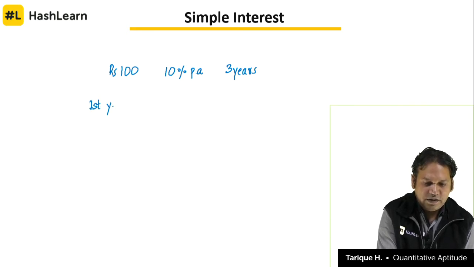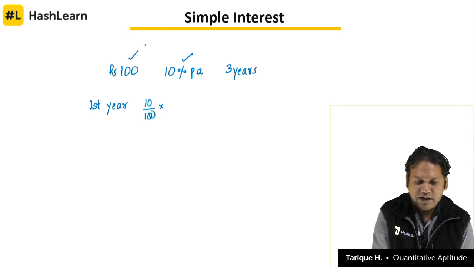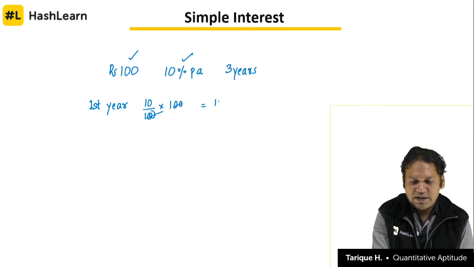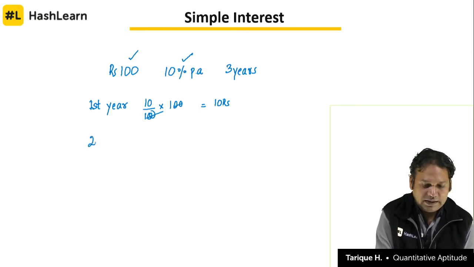In the first year, how much interest will you get? The rate of interest is 10%, so 10 by 100 of the principal. What is your principal here? 100. So 10% of 100, you are going to get 10 rupees interest in the first year. Please observe this very carefully and understand simple interest from a fundamental way, from the basics. Now second year,